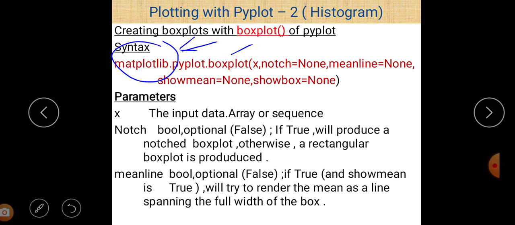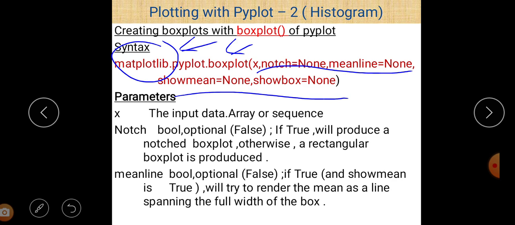So boxplot is a method used for creating a box plot, and these are the parameter values. You can see most of them are default values, but you can specify them if you want to create a box plot according to certain conditions.